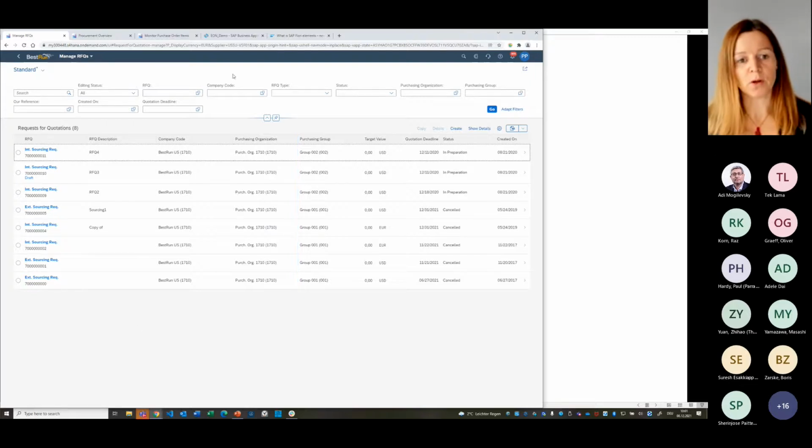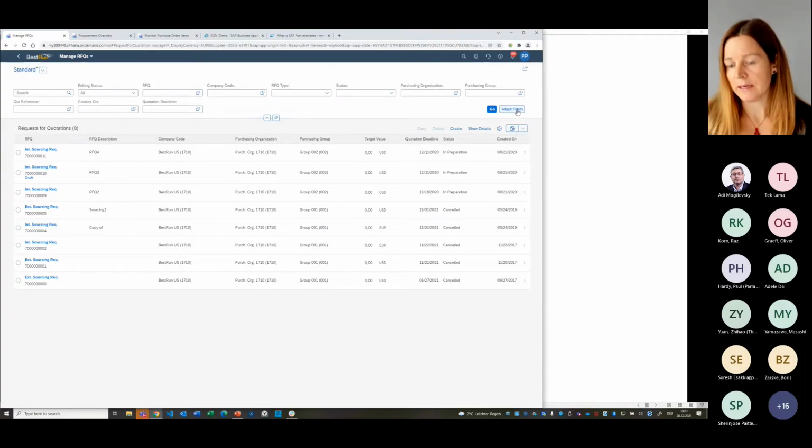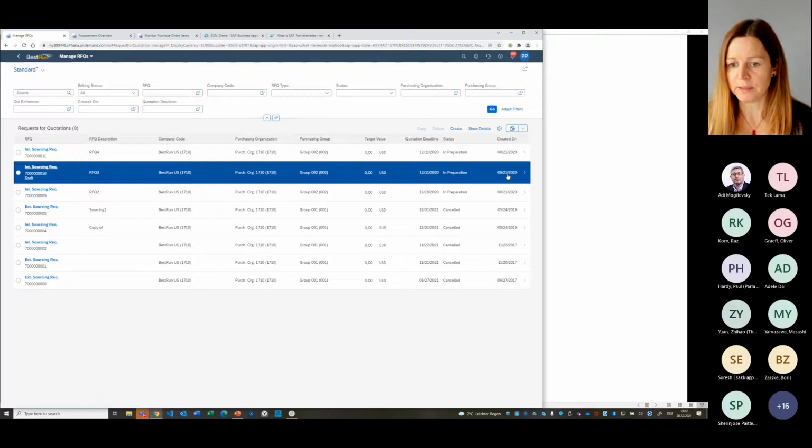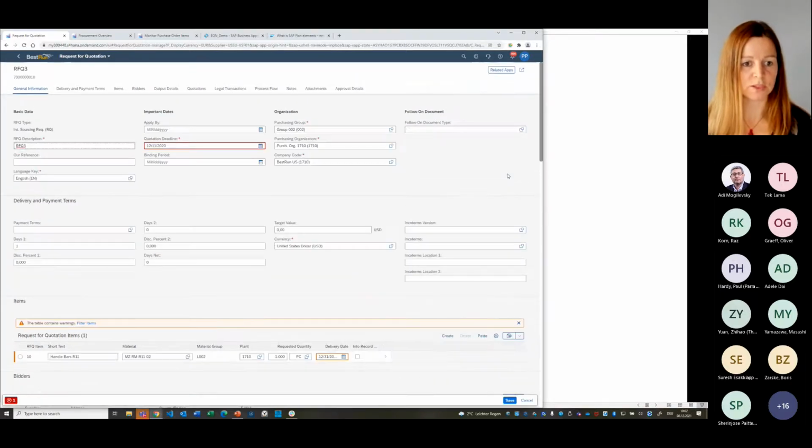And a list report will always consist of a search and filter area that pretty much comes out of the box. All you as an app developer need to do is specify what kind of filter fields you want to see. You get variant management out of the box. You get personalization capabilities. The second part is, of course, this content area where you have a table with the business objects, including CRUD actions, personalization, export capabilities, and of course, navigation to a single object instance, which is displayed